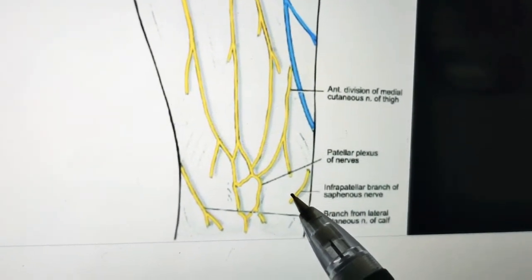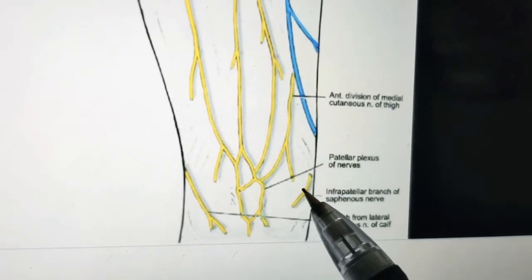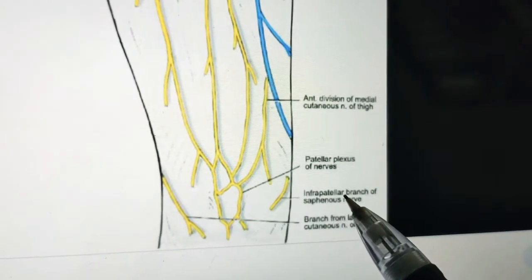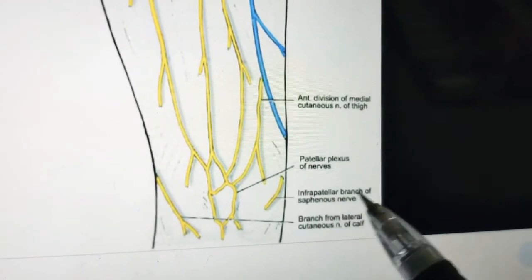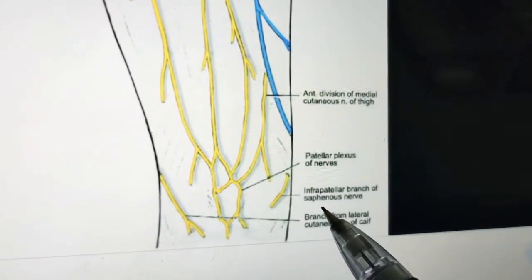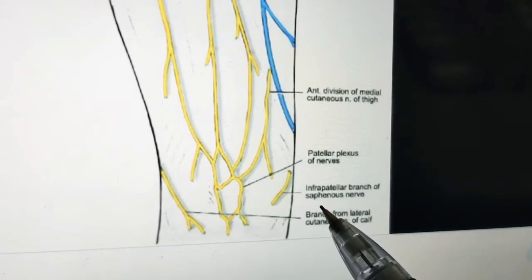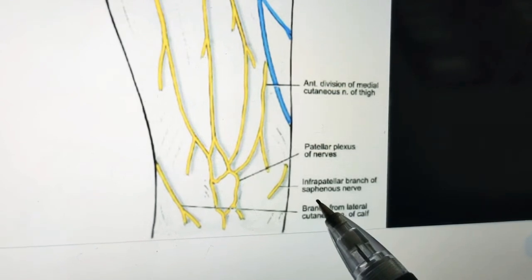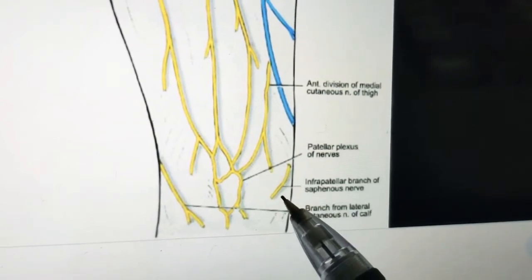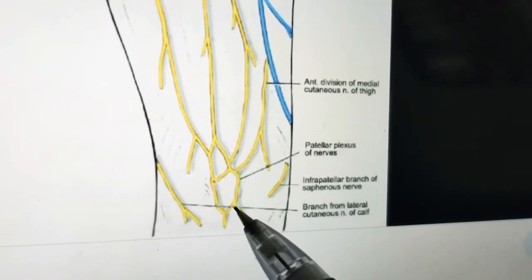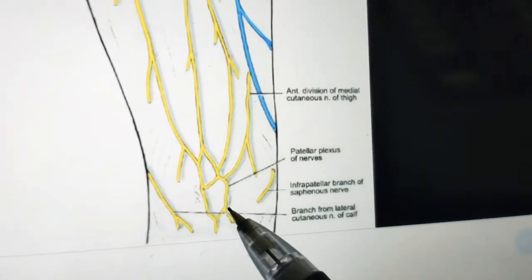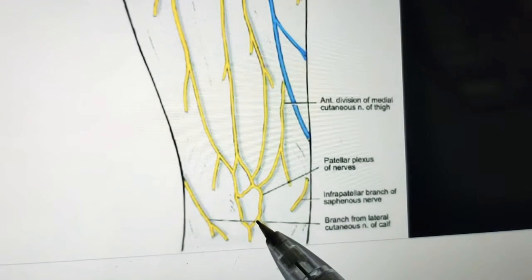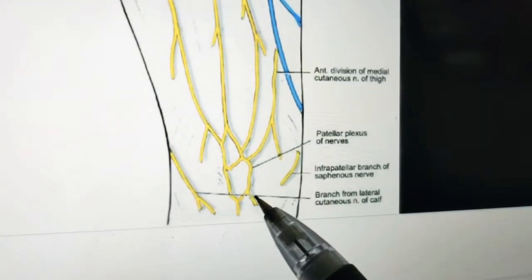Okay, now before piercing the deep fascia, the saphenous nerve gives off infrapatellar branch. So before piercing only it is giving an infrapatellar branch. You can see here, this is an infrapatellar branch of saphenous nerve. Okay, and which runs downward laterally, supplies skin over ligamentum patellae. If you know the ligamentum patellae, it is attaching up from the patella bone and it is getting inserted on tibial tuberosity. We already discussed about that. So it also supplies that.